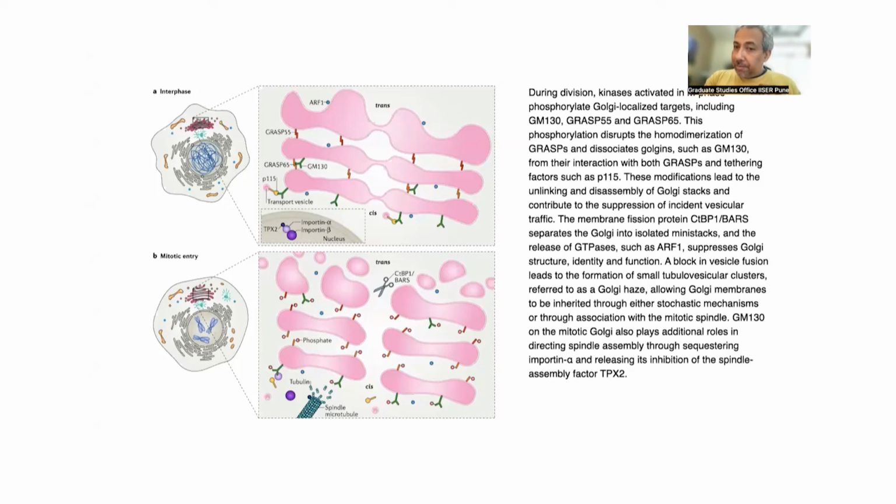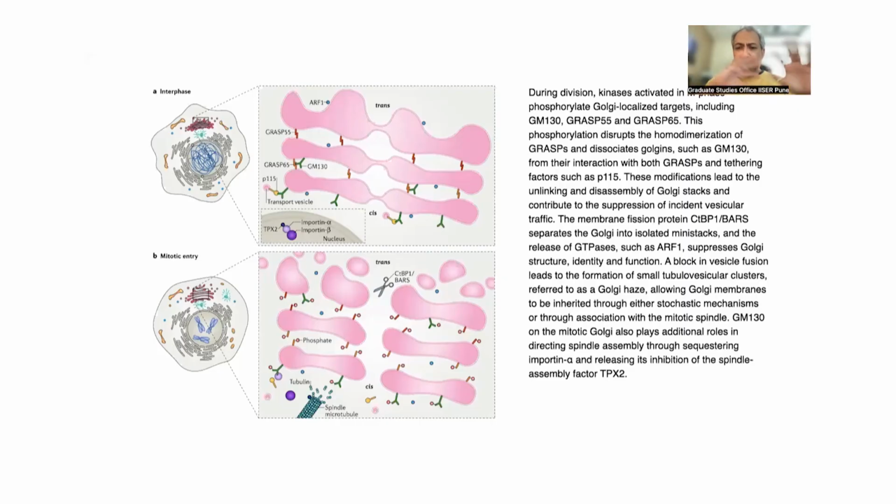A block in vesicle fusion leads to the formation of small tubulovesicular clusters referred to as Golgi haze, allowing Golgi membranes to be inherited through either stochastic mechanisms or through association with mitotic spindles. So it's possible that some of the Golgi structures are also bound to the mitotic spindles, and that could allow for them to be separated between the two daughter cells, and some break up into this haze,